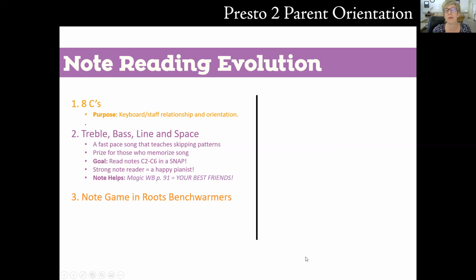Note game in Roots bench warmer. So this isn't until the second semester, but just put it in the back of your head: if you already have this app or if you're familiar with it, we will be using the app Note Rush. It's just fun, it's easy. You can set the number of notes that it's quizzing them on to a smaller range or a larger range, and it listens through the microphone of your device to hear them